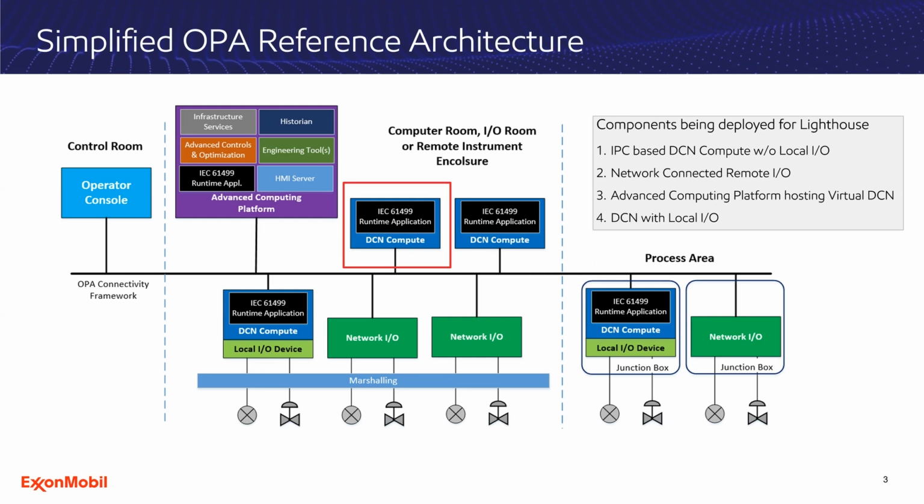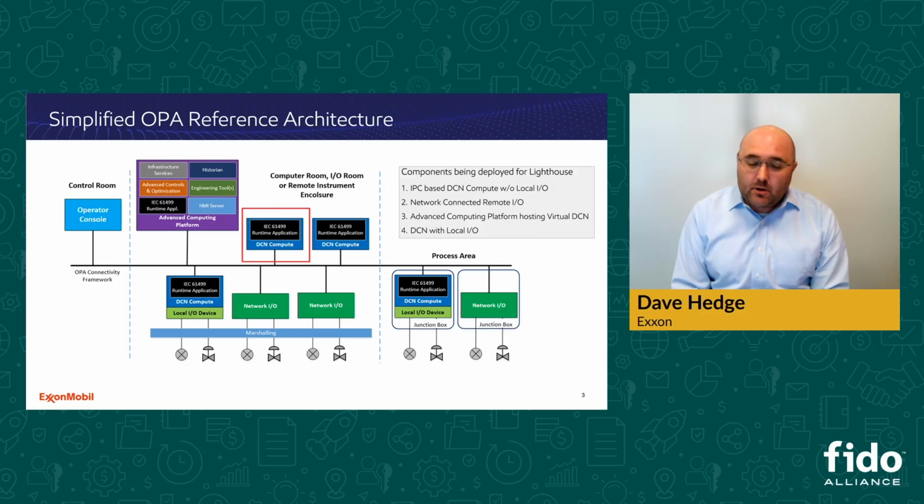And these applications are running across a wide variety of small form factor computers. That's one of the big changes that we made. We're moving towards this type of concept. It's very software defined. All of the little black boxes that you see on top of these computers are actually containers. And we're using FDO to instantiate this environment and make sure it's secure, make sure we know exactly what's inside of these computers, so we can get repeatability from a standards perspective for us, a cybersecurity component,